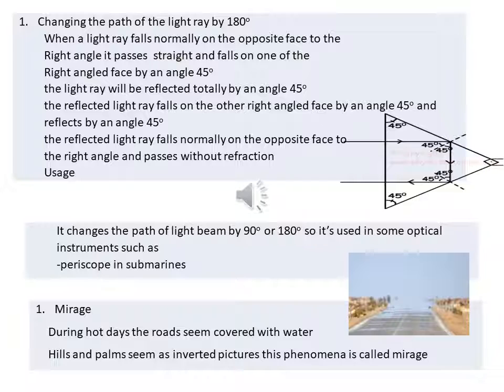Number 2, changing the path of light by 180 degrees. When a light ray falls normally on the face opposite the right angle, it passes straight and falls on one of the right-angled faces at an angle of 45. The light will be reflected totally by 45. The ray reflected on the other right-angled face will be reflected by 45, so the angle between them will be 180. So we can use the prism for changing the path of light by 90 or 180 degrees, and